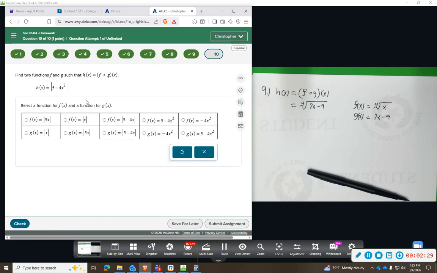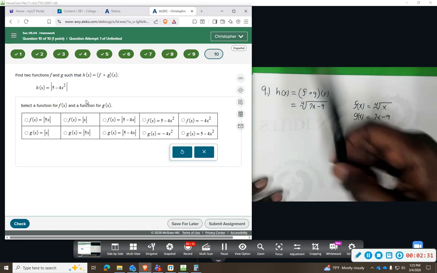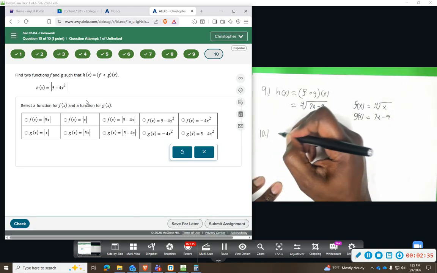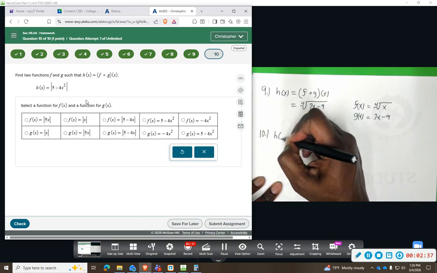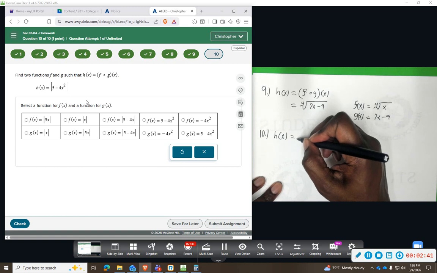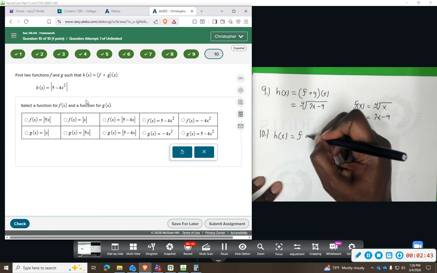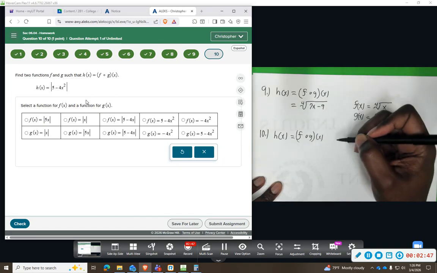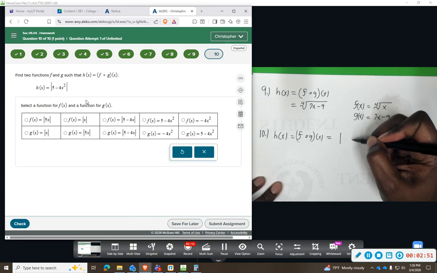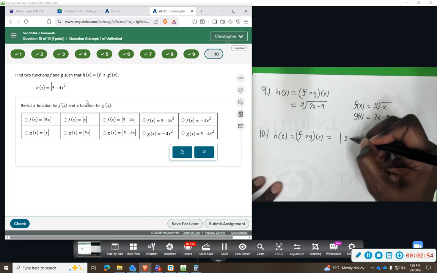All right, number 10, we're going to do the same thing. We want to go backwards. Decomposition is what this is really called, decomposition of function. And we are given h of x. H of x is f of g of x, and that is equal to the absolute value of 5 minus